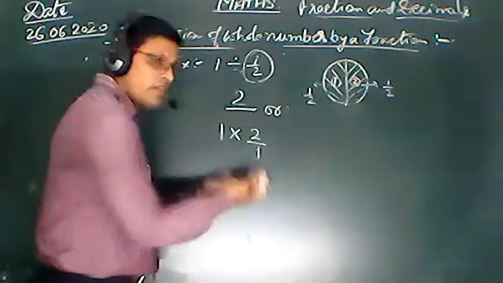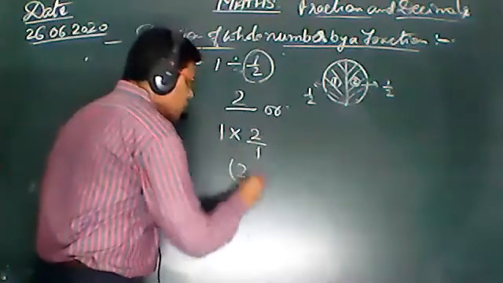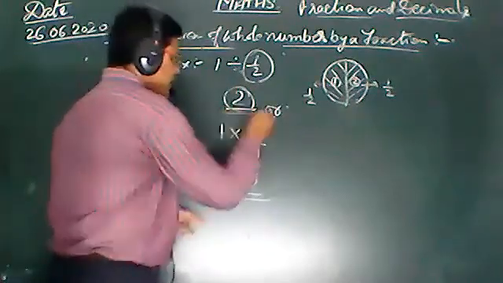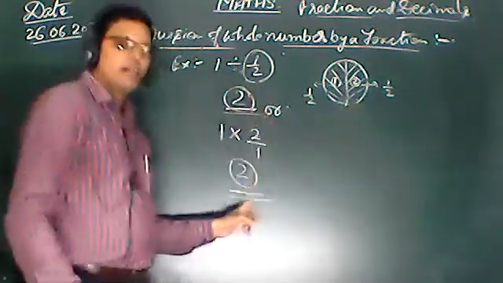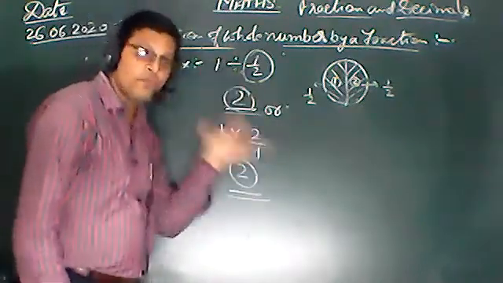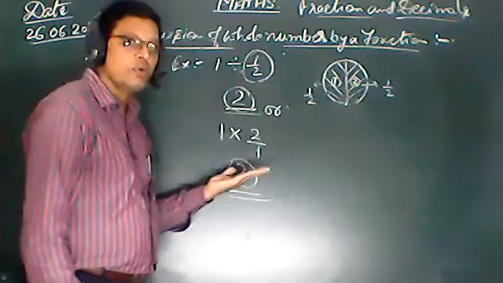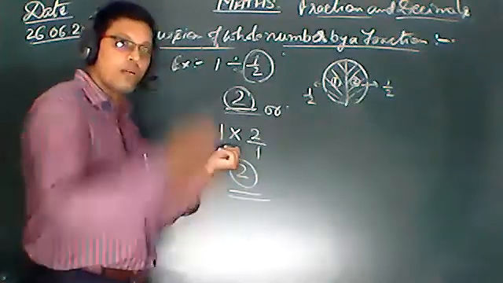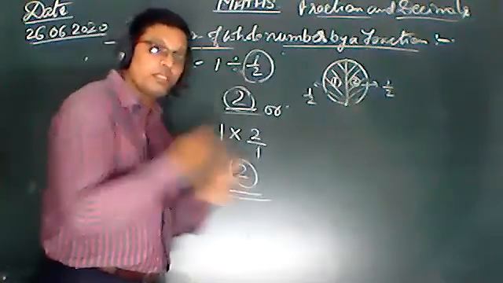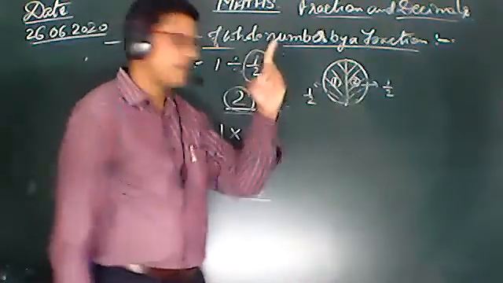And every number is divisible by 1. Therefore, we write 2 1 जा 2. Both the answers are the same. देखिए दोनों का आंसर सेम आ गया. That means if you divide one fraction by another fraction, you convert to multiply. If you convert division into the multiple form, then you convert the divisor to its reciprocal. Okay?